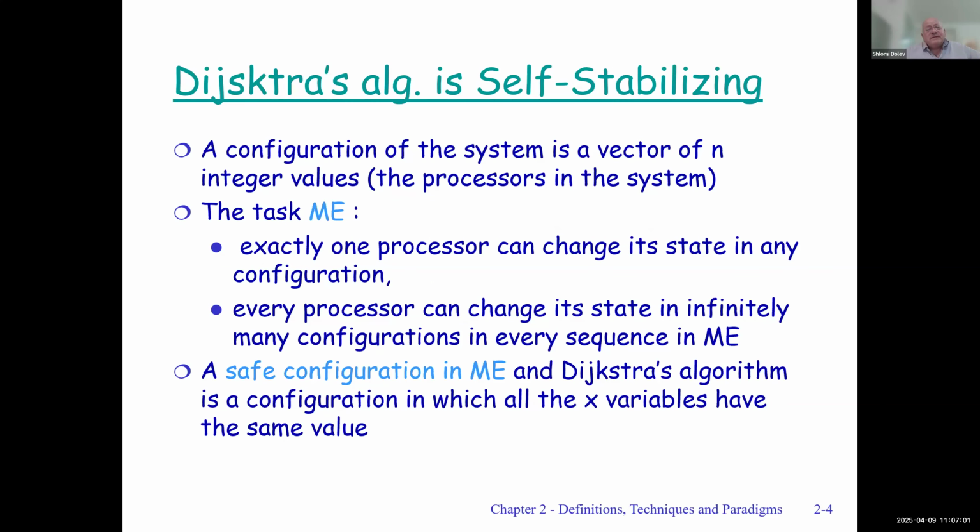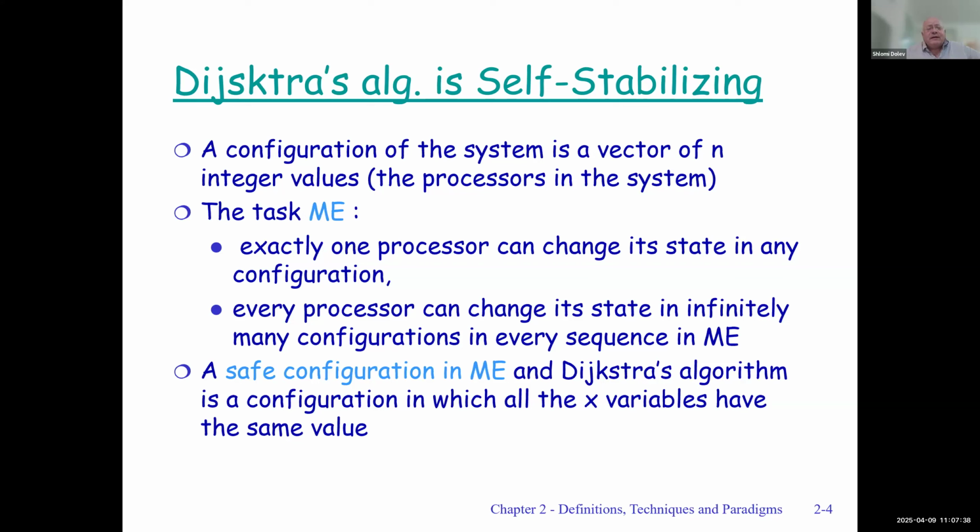So what is special in this algorithm? Well, we need that exactly one processor will print, and everyone will print infinitely many times. And we want to reach a safe configuration after these X's have some arbitrary value, and we don't know what happened. We don't care what happened, because if we care, we have to consider every scenario by itself, and